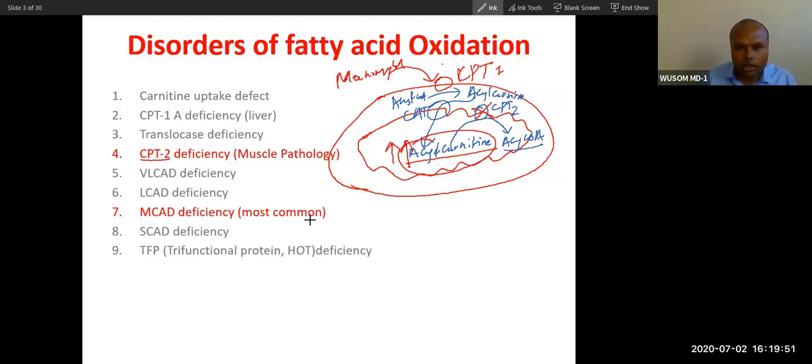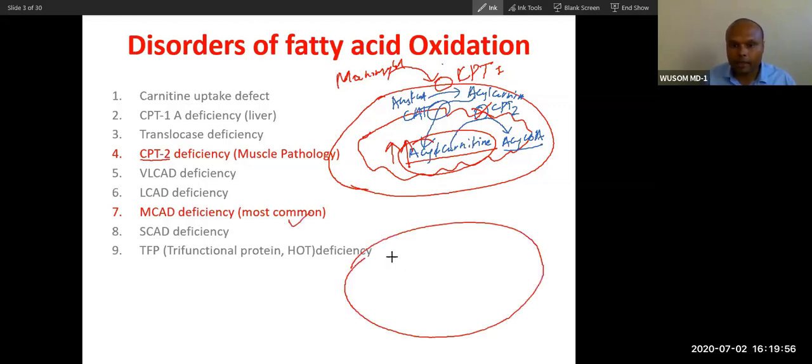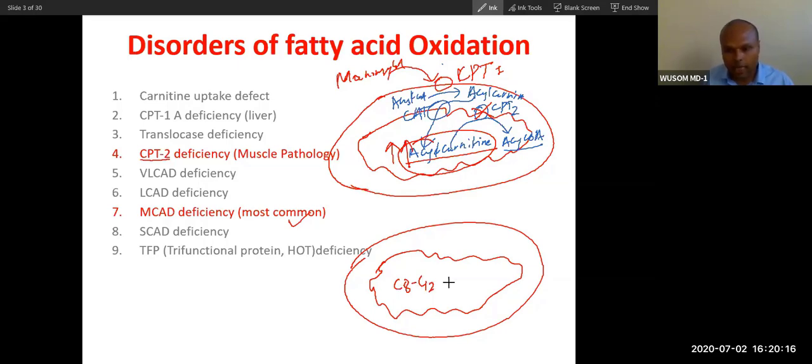Now the second disorder you will see is because of MCAD deficiency. What will happen? I told you, long chain fatty acid will also ultimately convert into medium chain. Medium chain fatty acid, after it has entered the tissue, is generally 8 to 12, C8 to C12. I hope you can understand this. This acyl coenzyme A, C8 to C12 acyl coenzyme A, will not be catalyzed to acetyl coenzyme A.